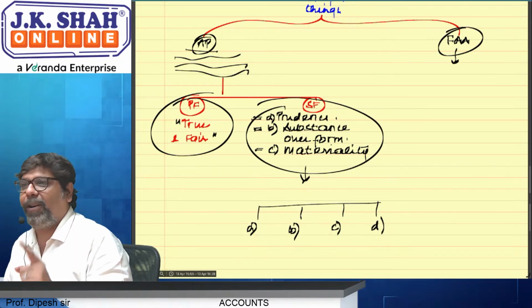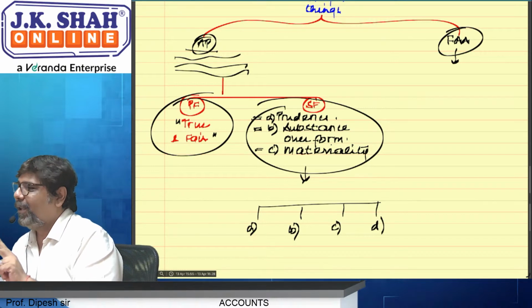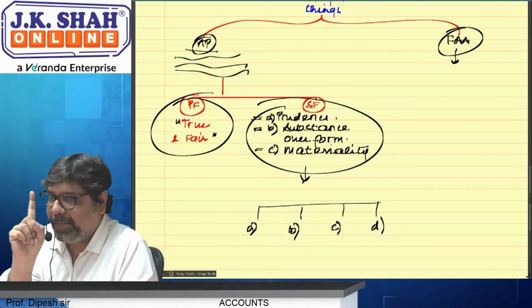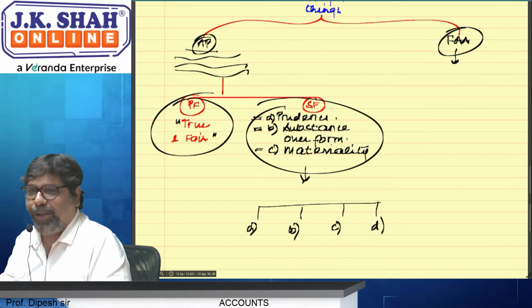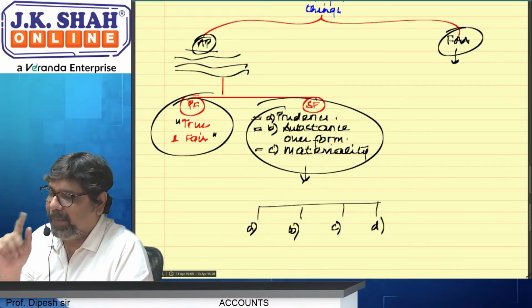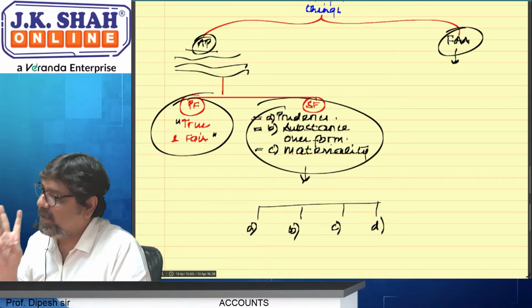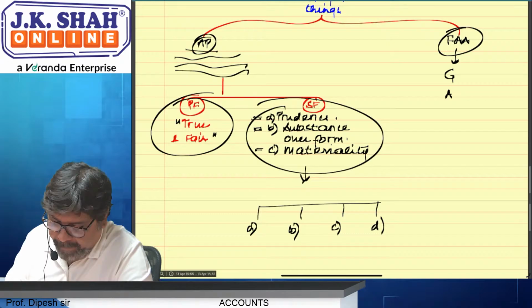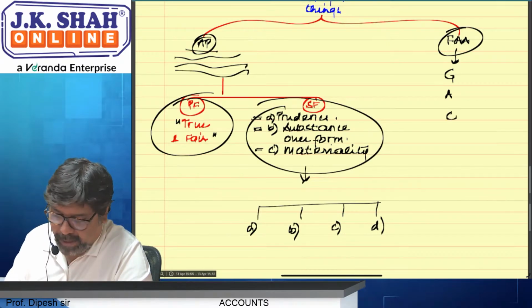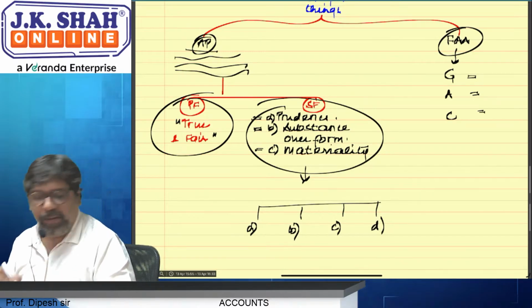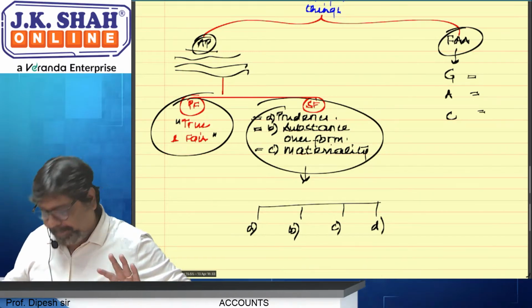Why? Because accounts record transactions. Transactions are based on contract. Contract is on accrual basis. So we will always record a transaction assuming tomorrow is there. We will always record a transaction on accrual basis. And we will always record a transaction assuming that the same accounting policy will be followed next year. Consistency. So there are 3 fundamental accounting assumptions, G, A, C. Going concern, accrual, consistency. Samjha ke nahi?